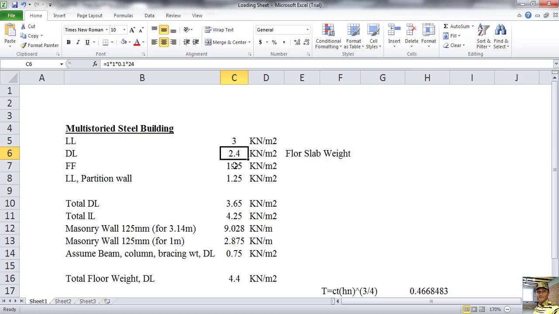And see our floor finish, where we can put tiles or any other things, that is 1.25 kilonewton per square meter. Same way live load partition wall minimum 1.25 kilonewton per square meter. So now see total dead load 3.65, the total dead load and total floor finish load, that is 3.65, and this load is acting from top to bottom.